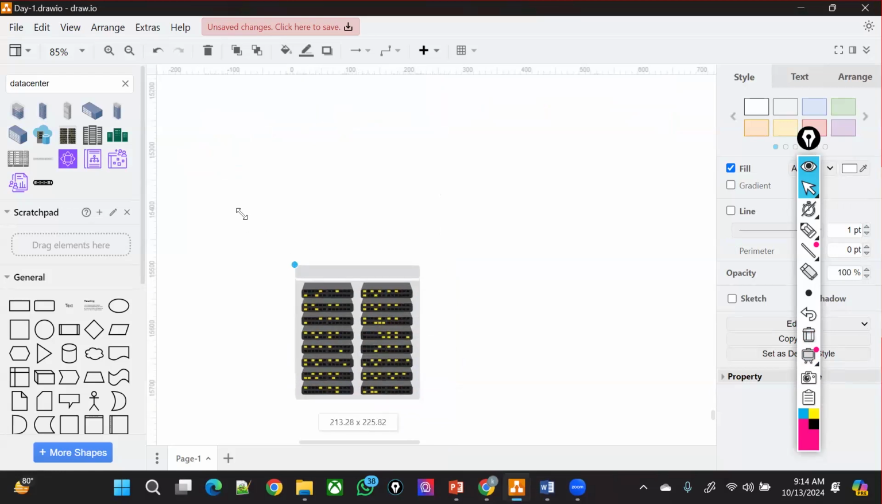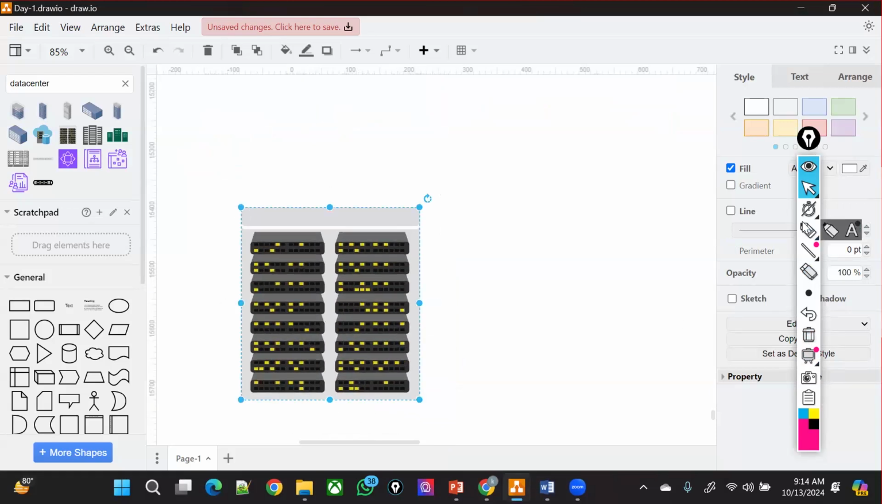So this data center exists on-prem, in the physical environment which you have in your company. So what happened with the data center? You have the different